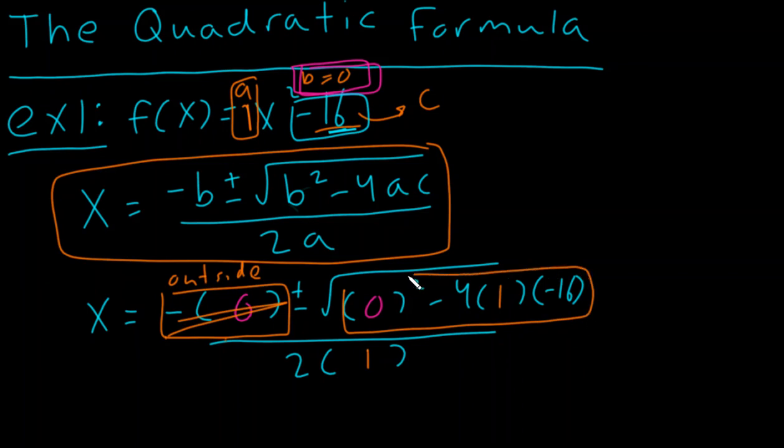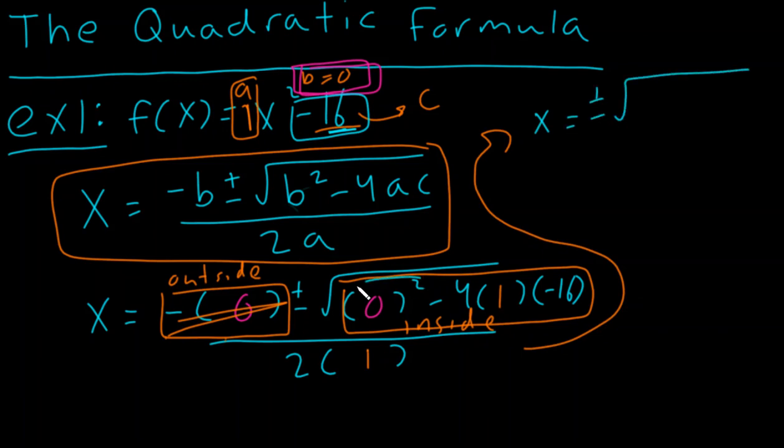The next thing I would say to simplify is the inside. And what do I mean? I mean the inside of the square root. Now I'm going to kind of bring this on up here. And what's that going to look like? Well, that'll look like x equals plus or minus the square root of. We know 0 squared is just 0. And here, I would always ask you to count the negatives for these 1, 2, 3 terms. And we have 1, 2 negatives. Well, negative times a negative is a positive. And you don't have to write the plus sign, but I just want to demonstrate that our final answer will be positive. Also, we have 4 times 1, which is 4, and 4 times 16, which is 64, all over,